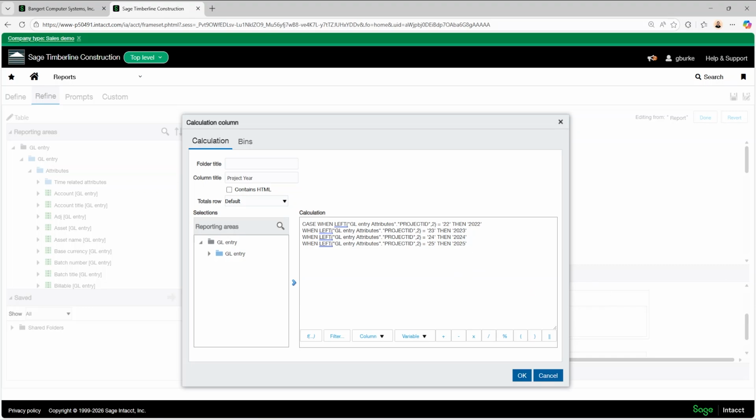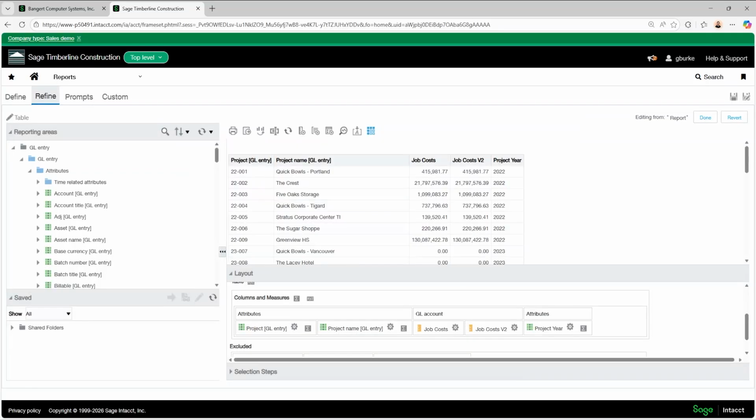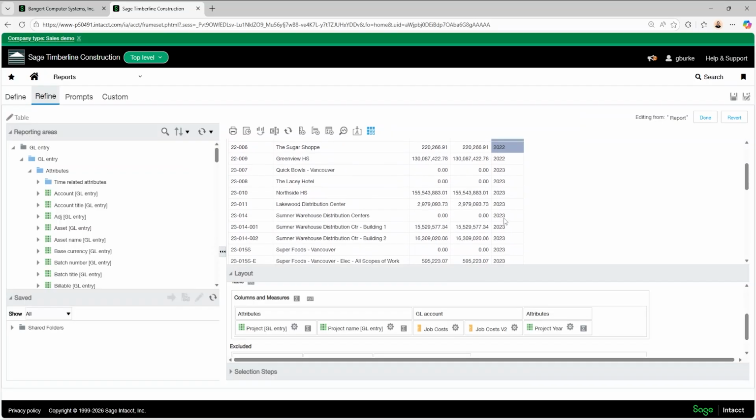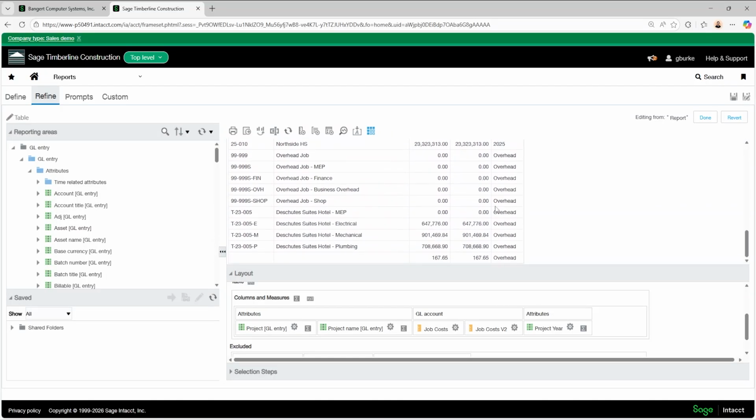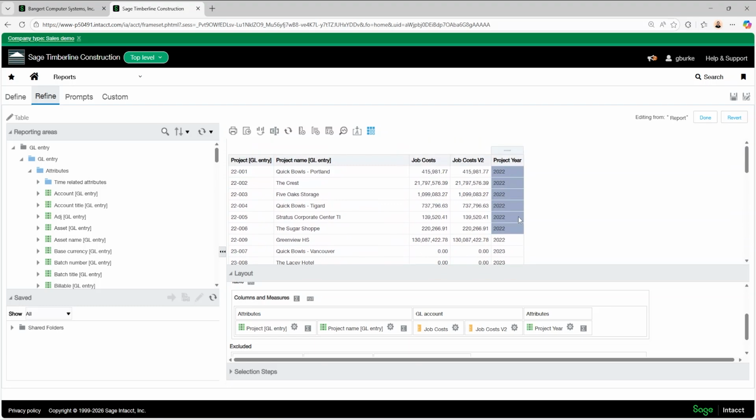So I have all the years specified. For those other ones, I'm going to say those are my overhead projects. So I'll say else overhead, and then that's the end of my function. So there we go. We have a case when function with multiple different options.